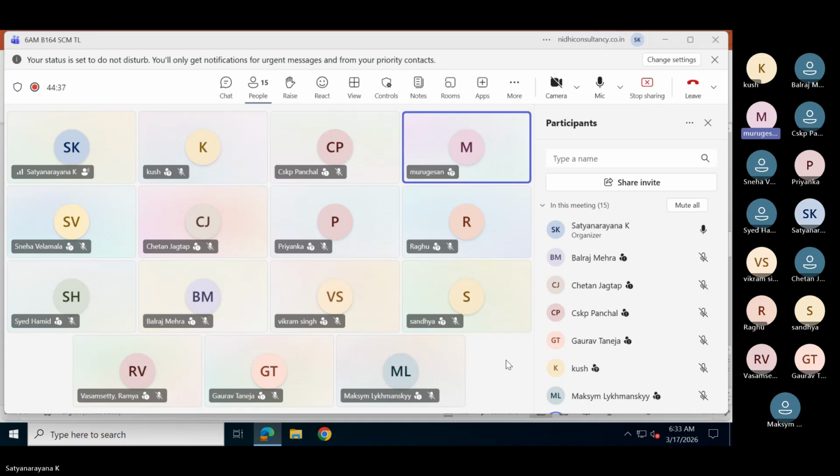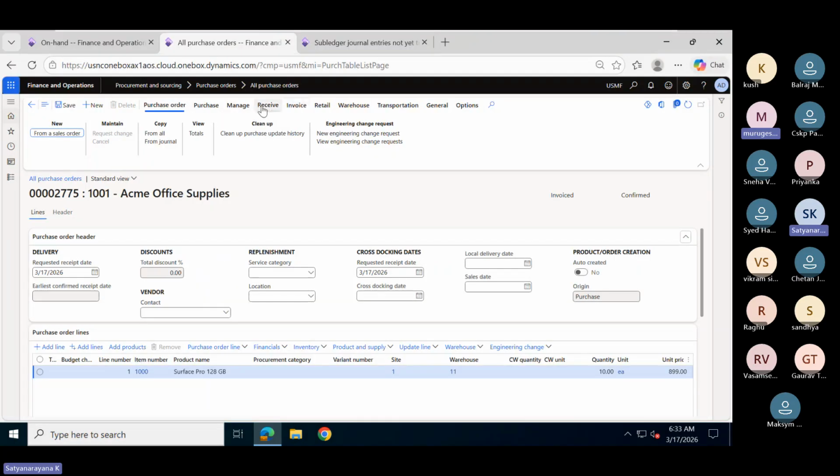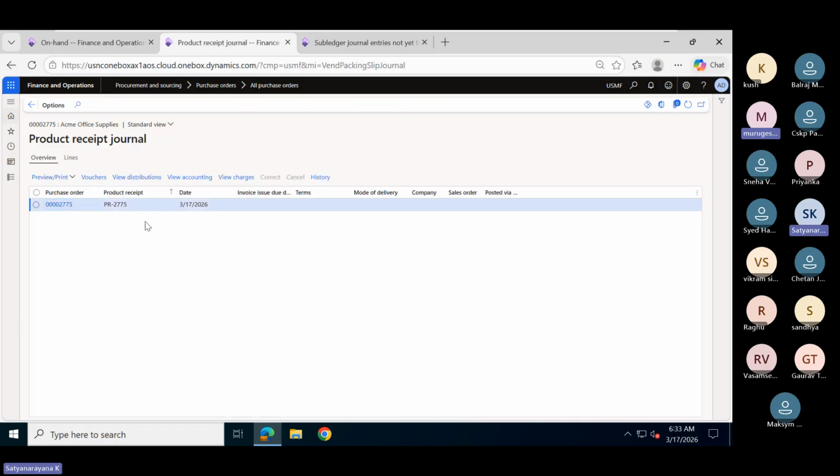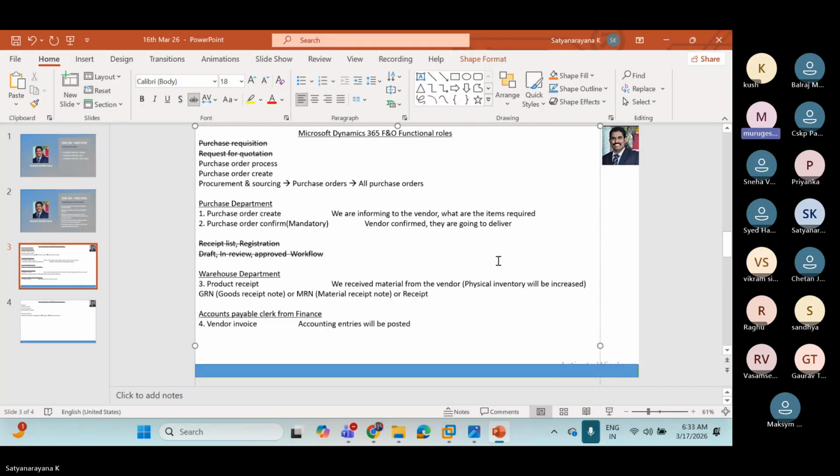I'm just asking basically, whenever I do any transaction, I need to understand when the accounting entry will hit. There are setups here: at the time of product receipt, if you want an accounting entry, it can hit. If you don't want it, we can skip the process.